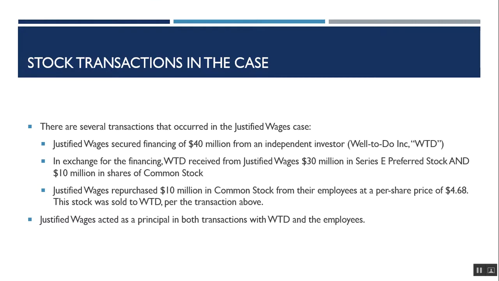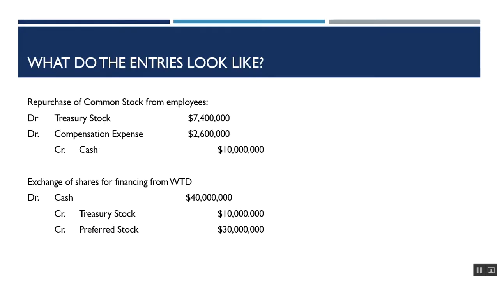So what does this look like? What do these entries look like? I always like to put the entries together so I can have a better understanding of what actually occurred. So first we have the repurchase of common stock from employees. That had to happen first before they could issue that stock to WTD. So you'll see that there was a debit to treasury stock. Whenever you repurchase shares, that reduces your equity, by $7.4 million, and there was a debit to compensation expense